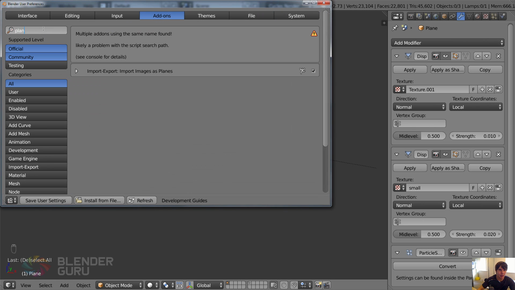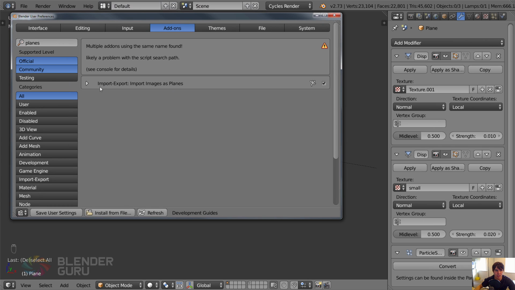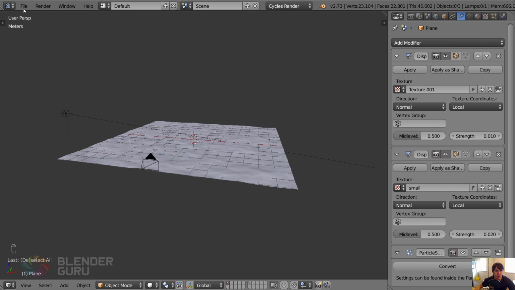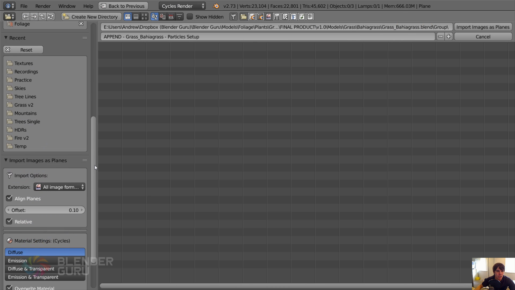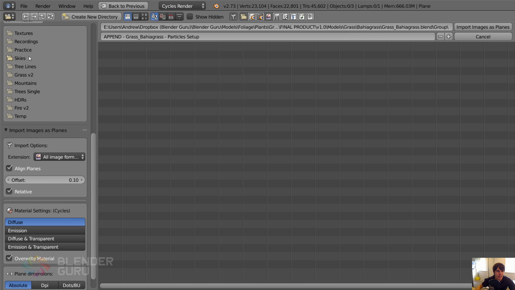So if you just type in planes into your file preferences, add-ons, planes, then you'll see import images as planes. So this enables you to go file, import images as planes. The reason you use this, of course, is that